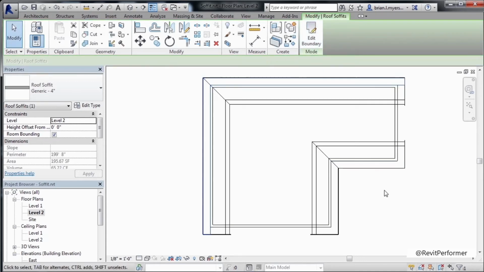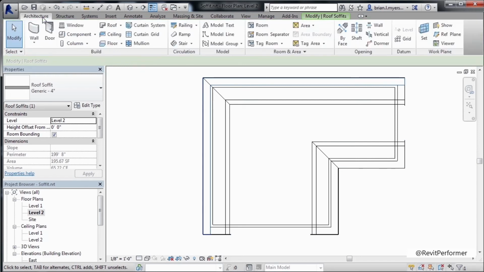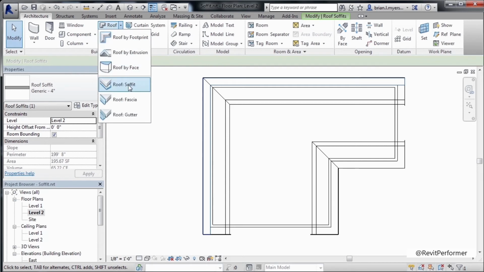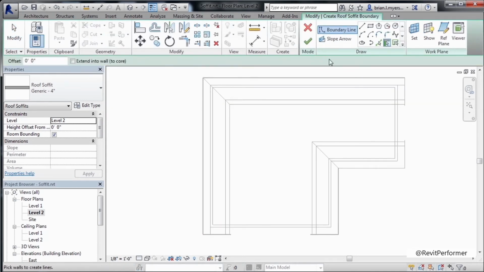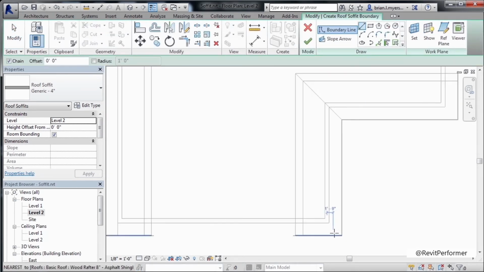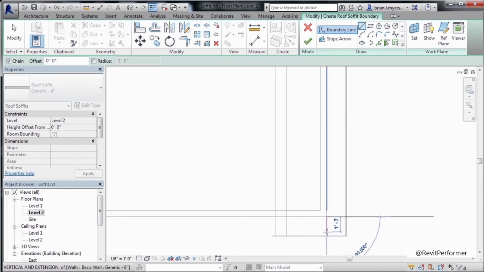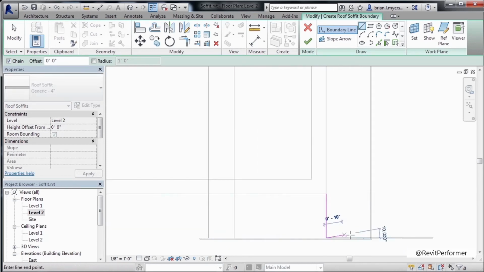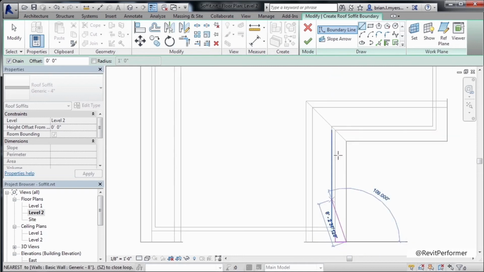And now we have the soffit going around that portion of the roof. Now we need to do the exact same thing over here on the other side. So once again, go up here to the Architecture tab, then move over here to the little arrow next to Roof, select on Roof Soffit, click the Line tool, click the intersection there, come straight down, come across, move up